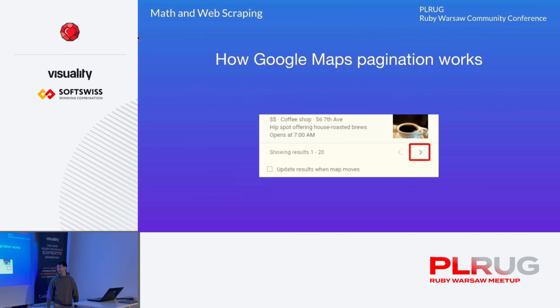Okay. I will talk a bit about how we at my company solved the problem of scraping Google Maps pagination without using a headless browser, and how we reverse engineered JavaScript, and how we used mathematical formulas in order to do that. So I will talk about that button that scrolls to the right, I mean loads more data from Google